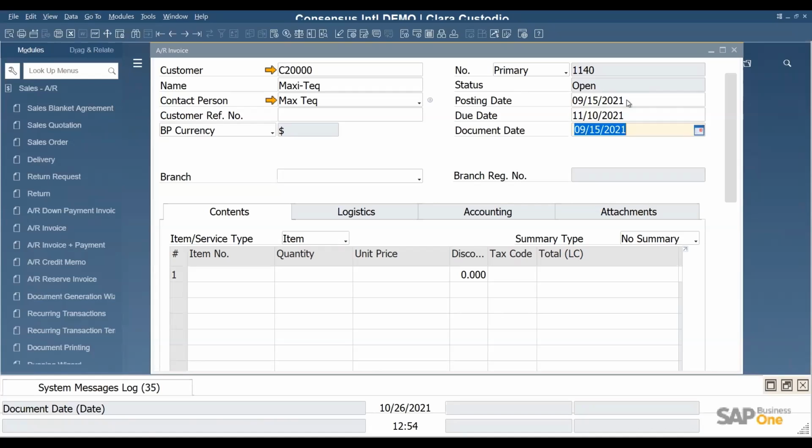So you can use it for +3, +30, whatever comes to mind, so that not only do you not need to type in the date, but you don't need to calculate what the date should be.